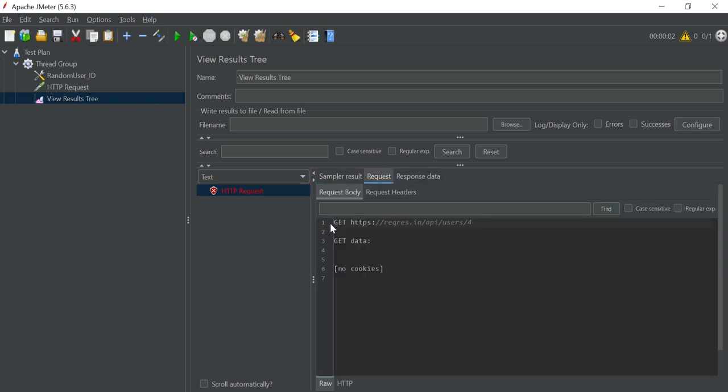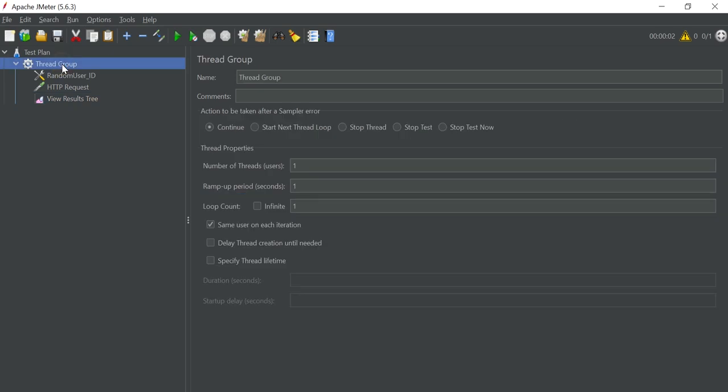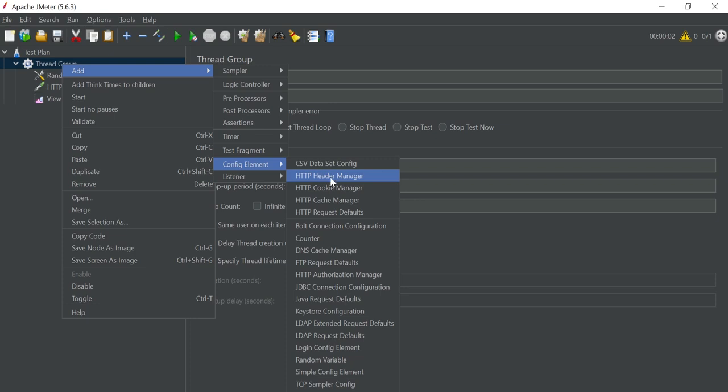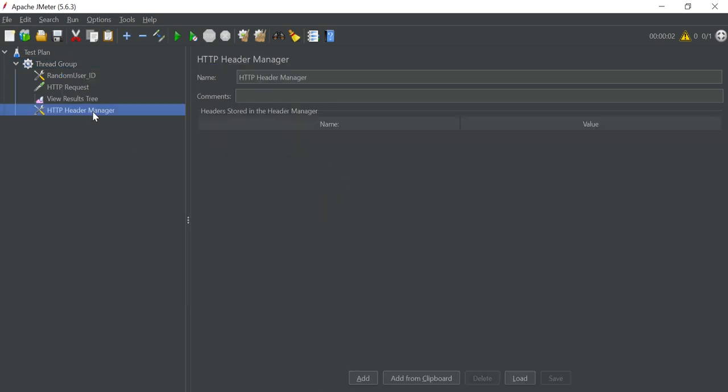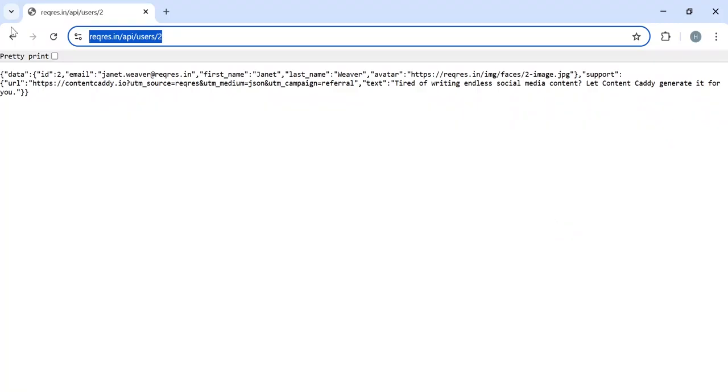Click on request. In the response data, missing API key. You can view here we are getting missing API key. It means we need to define API key in header manager. So right click here and click on config element and then click on HTTP header manager. We can move here after generating unique user ID, add HTTP header manager, click on add and get this API key,